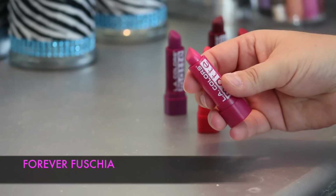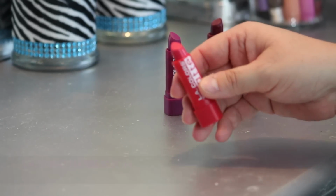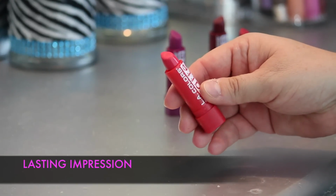Look how gorgeous this is. A very, very pretty kind of hot pink. It's really a mix between a hot pink and a fuchsia, if you ask me. Very, very pretty. The next one that I want to show you is called Lasting Impression, and although in the